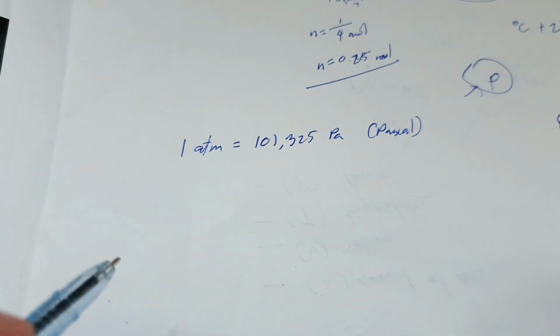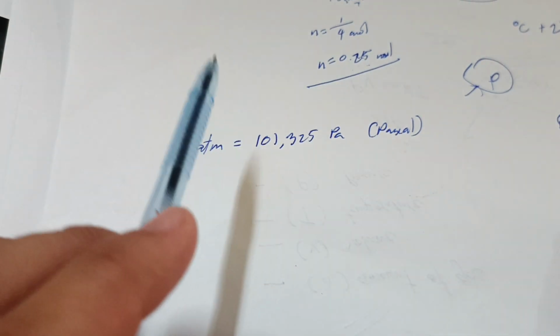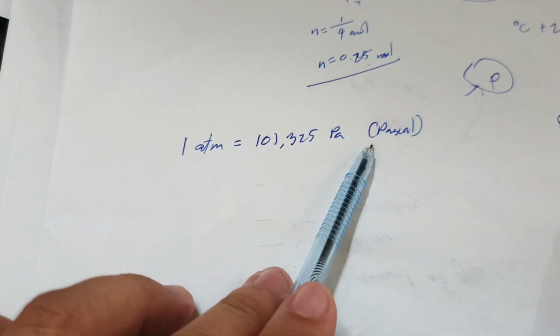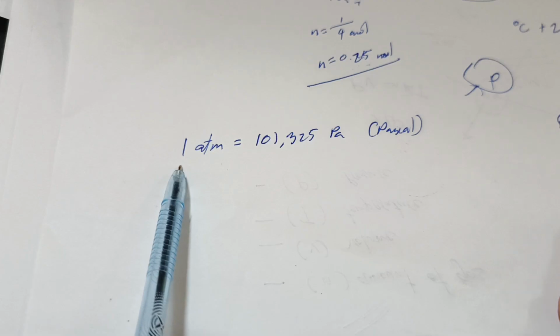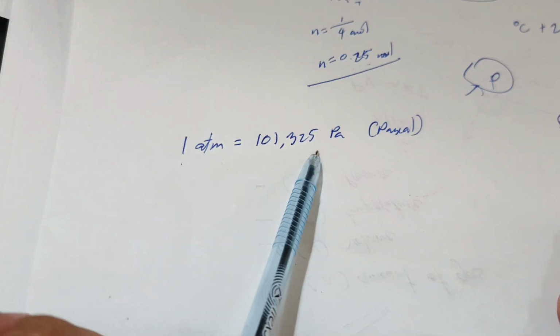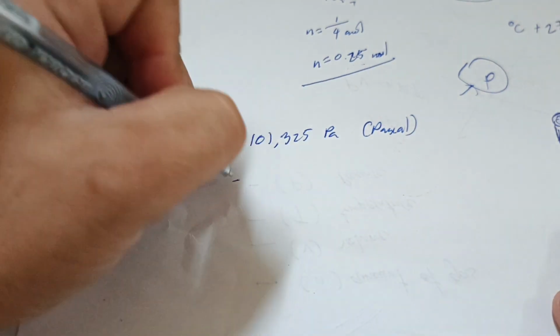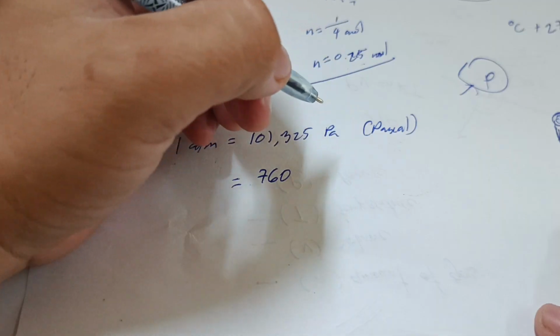So here are conversion units and numbers wherein you can convert one unit to another. In this case, we have atmosphere to Pascal, and 1 ATM is equivalent to 101,325 Pascal. Also, 1 ATM is equivalent to 760 mmHg,